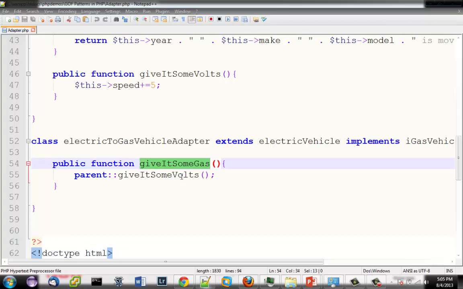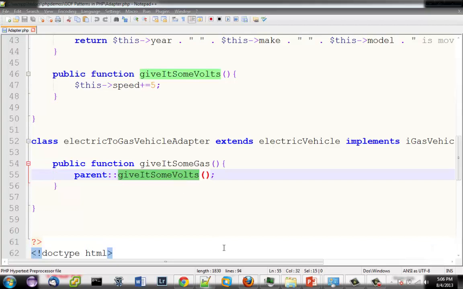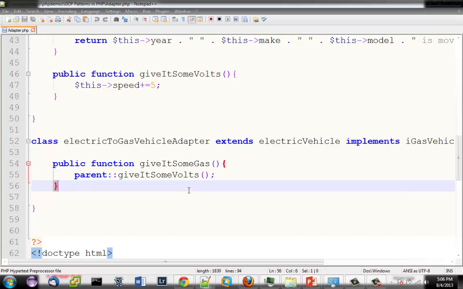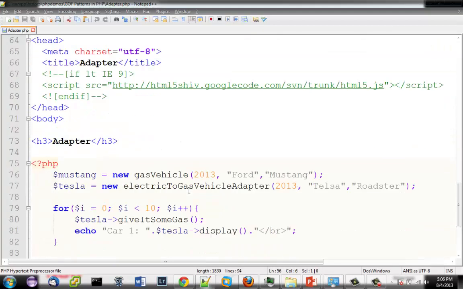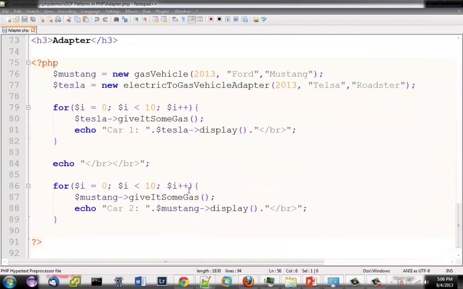This is the adapter method, and all it does is call the parent giveItSomeVolts method to increase its speed. So this adapter class wraps around the electric vehicle class and exposes an additional method to normalize it so I can treat the gas vehicle and the electric vehicle the same. And see down here, I'm just declaring two different new vehicles.